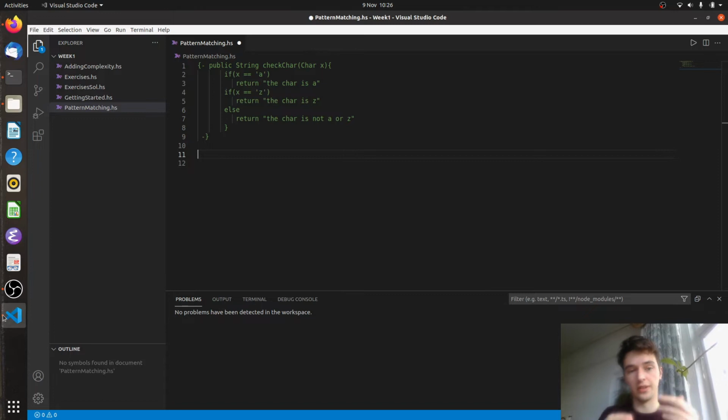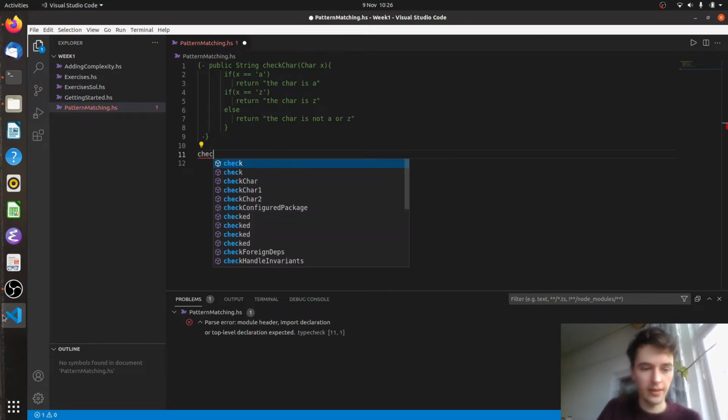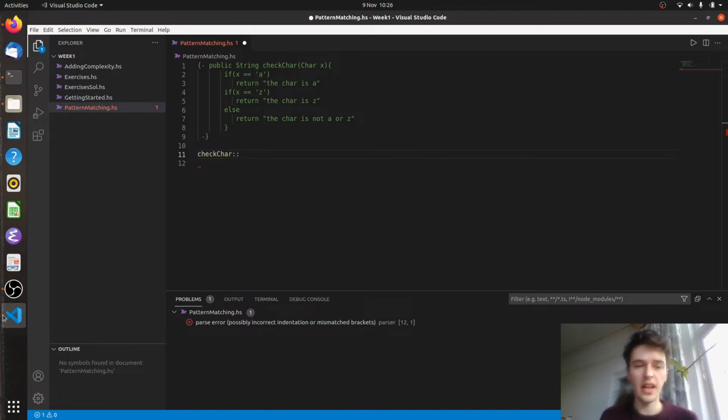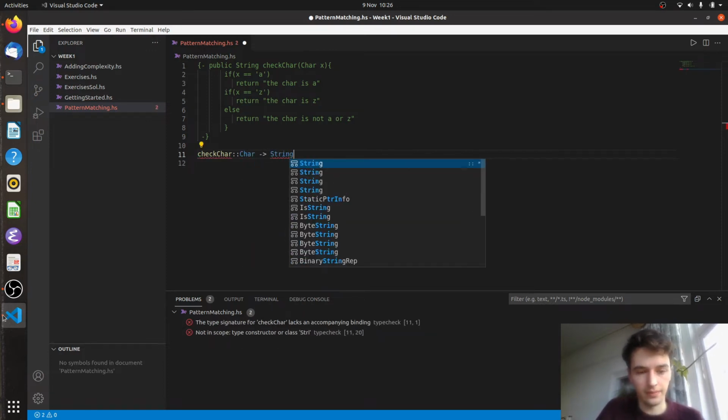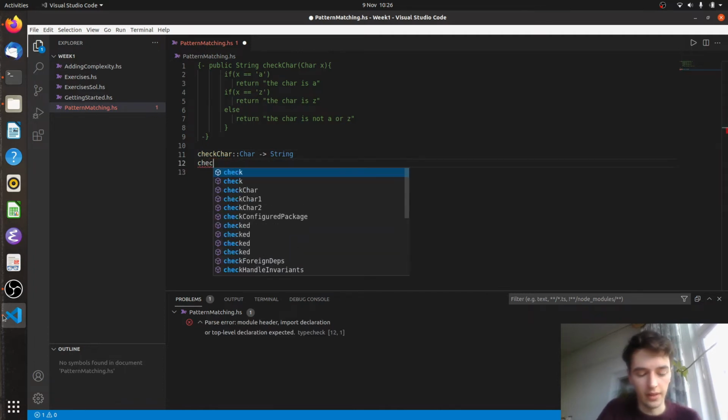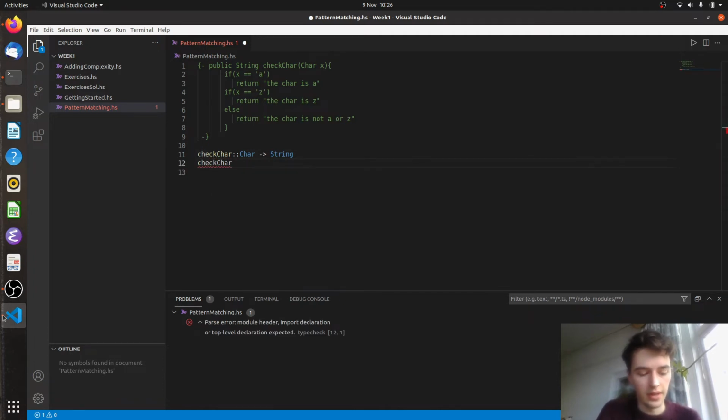Now this is fairly straightforward and imperative. You just list out your conditions as you go. And indeed we can do the same thing in Haskell. So let's have a look at how we would do that. So we need the name of the function and its type. In this case we're taking a character in as input and we're returning a string. So this should be char to string. So far so good. Now we need a variable to work with. So let's say we get a character x